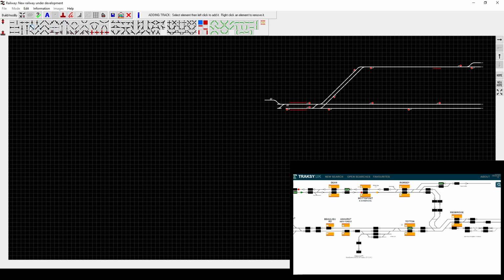It becomes pretty normal. I did that wrong. The siding only needs to be 2 tiles long. I highly doubt I'll be storing more than 1 train in it. There we go. And bring the straight tracks along. So,